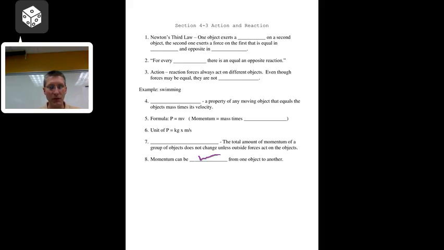You do lots of different sporting events that depend upon this transfer of momentum. So, for instance, you swing a baseball bat to hit the ball. So your momentum that you apply to that bat is transferred to the ball, and that's hopefully what hits it into the outfield or possibly even a home run. Same thing with a tennis racket. How are you able to get the tennis ball back over the net to your opponents? Well, you're swinging the racket. That action of swinging, you're hitting the ball, and that's transferring momentum to that object,